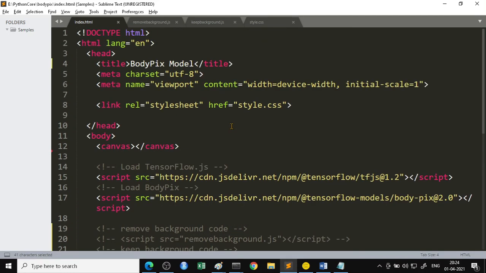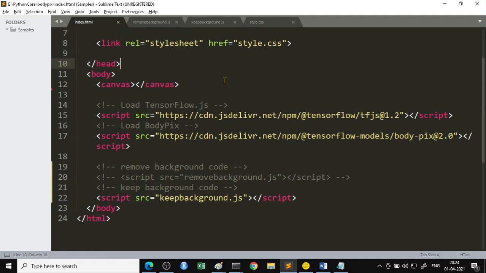So how I have done it, I will be sharing the code files with you. It's quite simple. I just took an HTML in which there is just one tag, the canvas tag in the body, and you load TensorFlow.js and then you load the BodyPix model. It is given by the TensorFlow models, BodyPix. Version 2 is quite powerful. Instead of a single person, it also identifies multiple persons, and it identifies 24 body parts. And the best part is it also identifies if a person is not facing the camera.